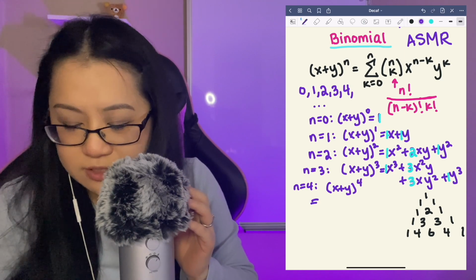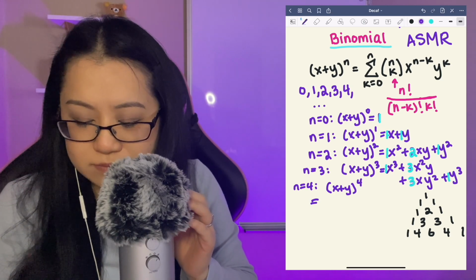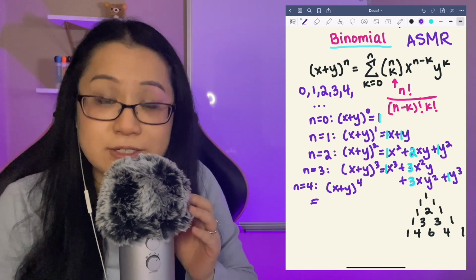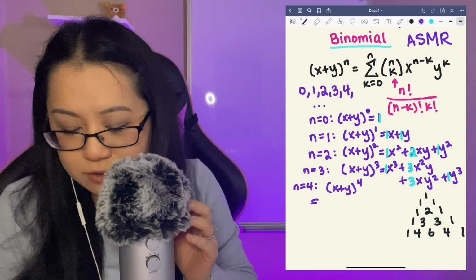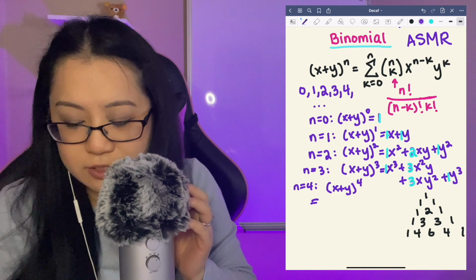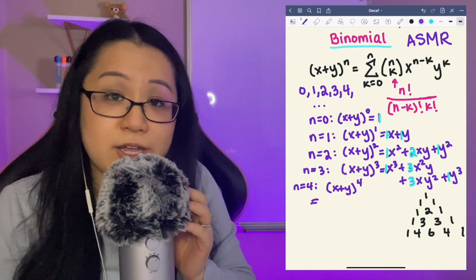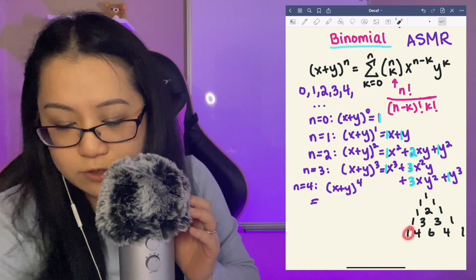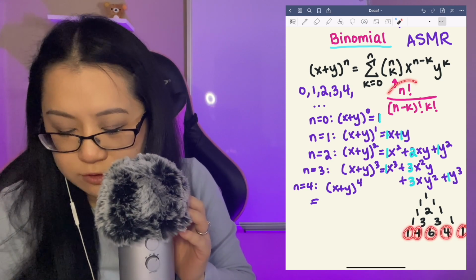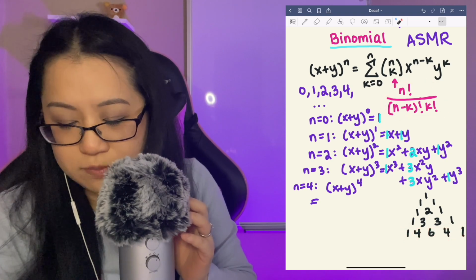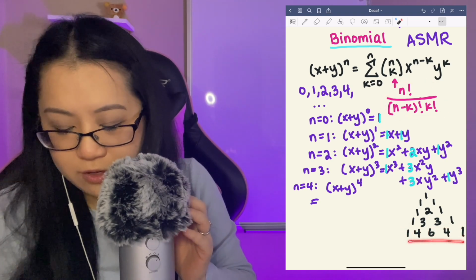And remember that these numbers come from the actual pattern of adding the two adjacent terms to get the term below, for the row below. But you also know that it's n choose k, so this is 4 choose 0, 4 choose 1, 4 choose 2, 4 choose 3, 4 choose 4, based on this formula for factorials. But since we already have these